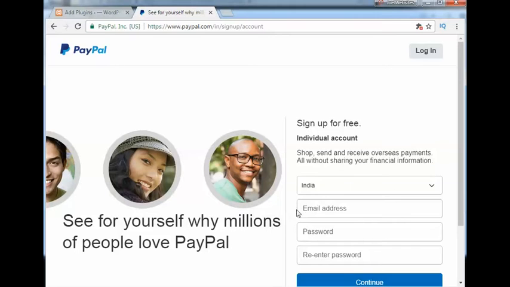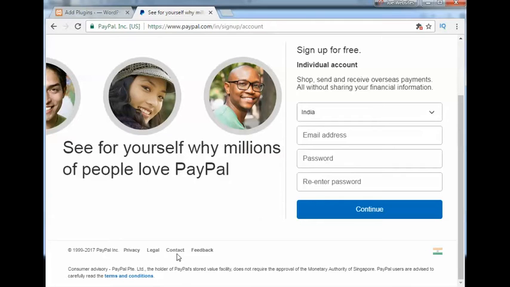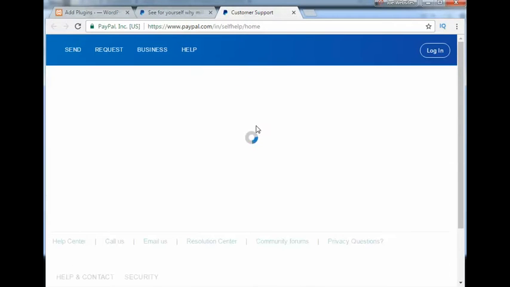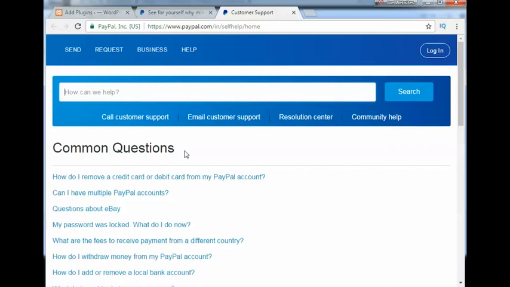Now you can even pay people using the PayPal account. Suppose you want to pay somebody money, you can use a PayPal account. So there is a customer support. You can just go to their contact us and ask them for feedback, like how to use their website and all that. If you have more questions, they will surely help you in much more detail than what I'm doing.